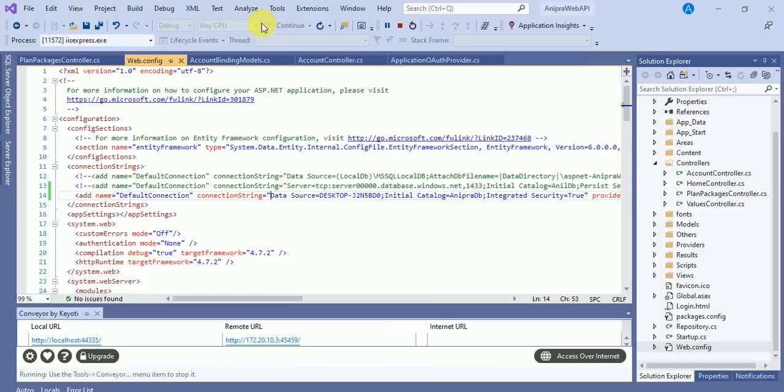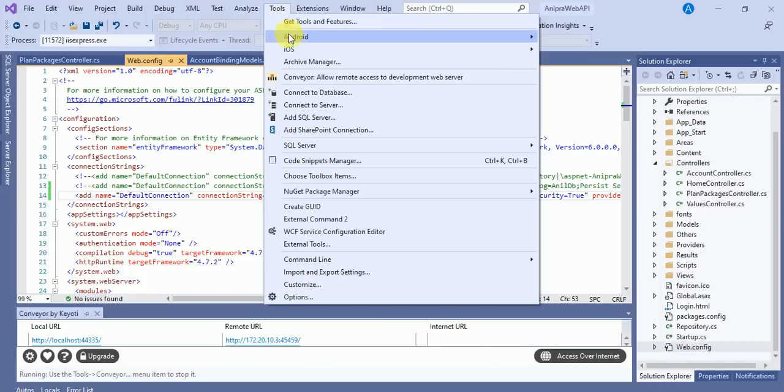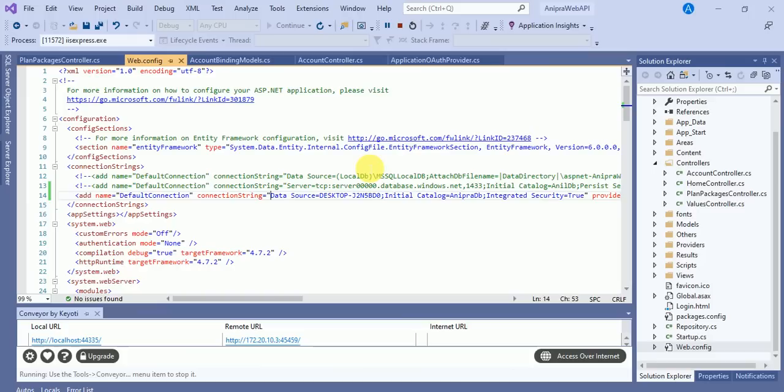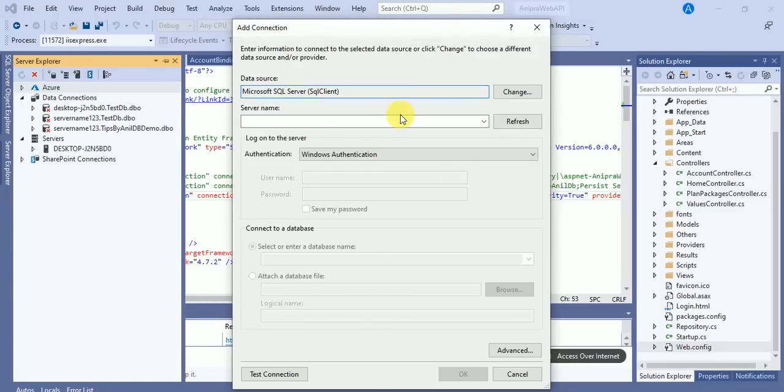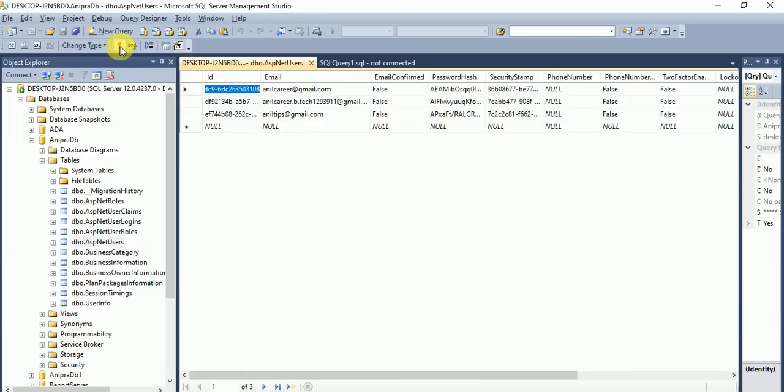If you want to get this connection string, just click on connect to database. Once you click on it, you have to put your server name in this window. Here you can see the server name.